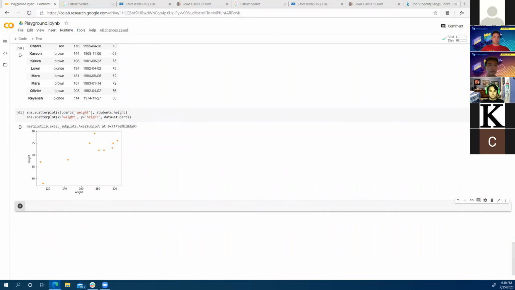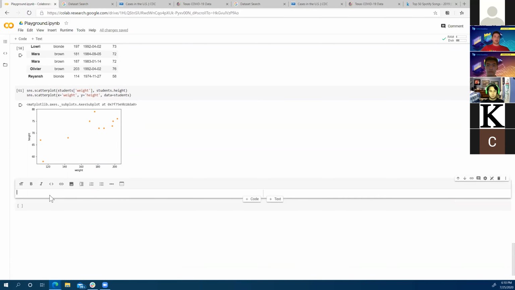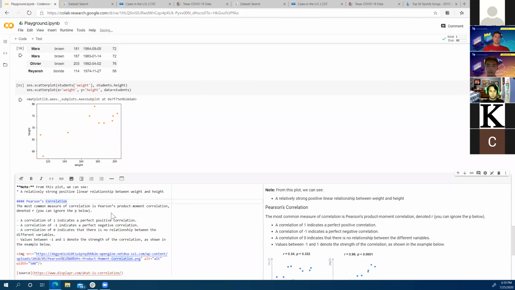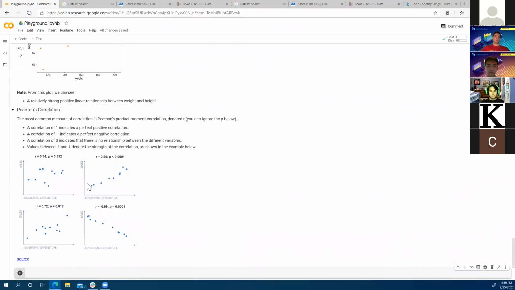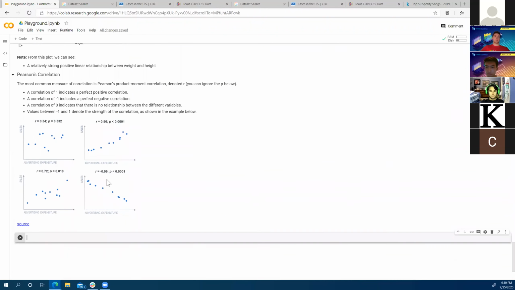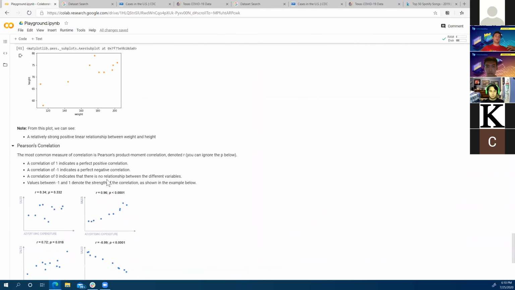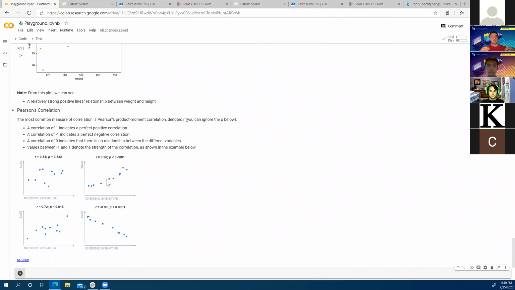And then really quickly, let's talk about Pearson's coefficient. I am not an expert on the statistics side of things, but I will just mention one statistic that's really easy to get from pandas, which is these correlation types of relationships. So how well do two variables correlate to each other?